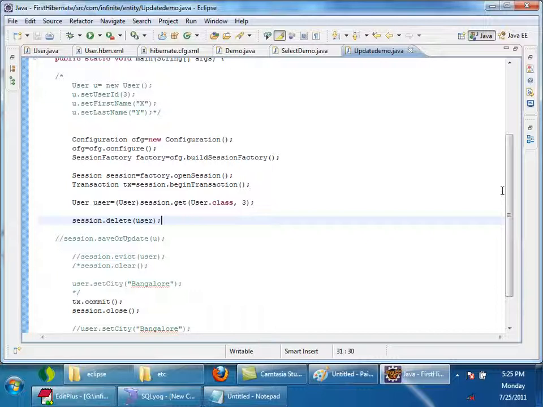No. Insert queries, update queries, delete queries are not fired until the transaction is committed. So this policy followed by Hibernate is called the transactional write behind policy.